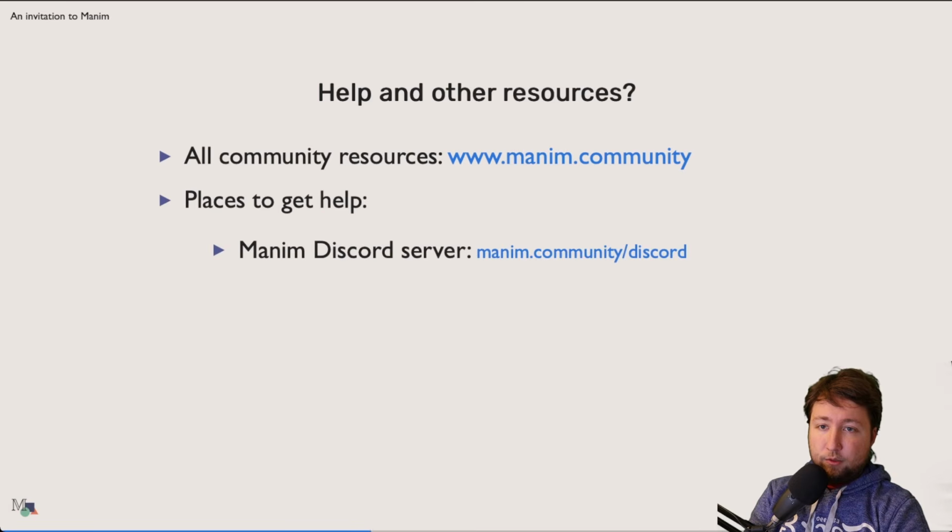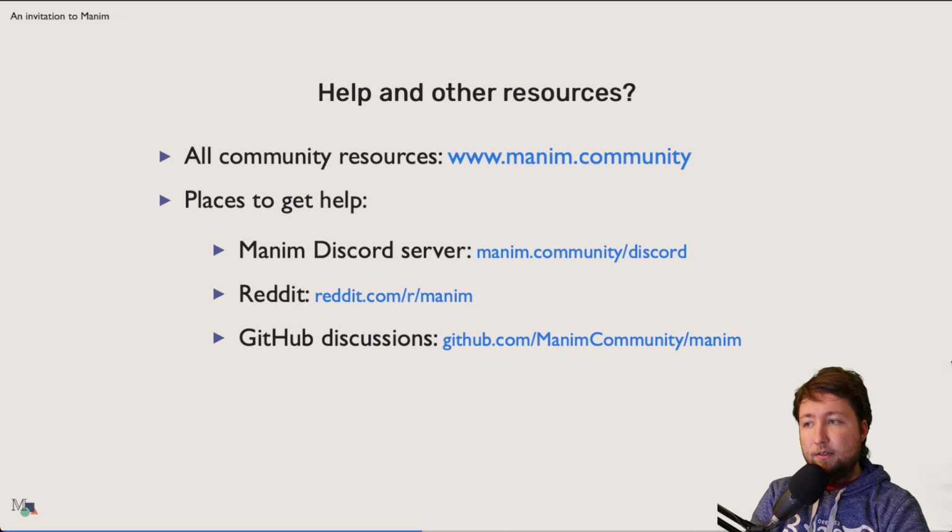If you're specifically looking for places to get help with problems, for example, installation issues, which tend to appear from time to time, the number one resource in that regard I would consider is our Discord server, which you can find at manim.community/discord. Reddit is also sometimes quite useful for asking for help. There's a Manim subreddit which you can ask your questions in. All of our development happens on GitHub, and there is the GitHub discussions thing where you can also post questions and we'll get answers usually by developers or other people that are interested, which is also helpful from time to time.